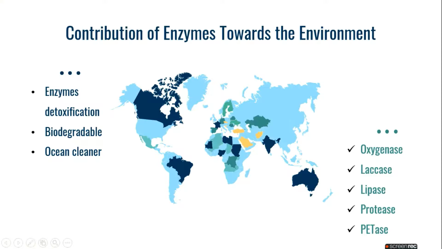Both protease and lipase can act as detergents, which can clean up oil spills in the ocean. Protease can also be used to degrade our daily human and animal waste that includes keratin by converting them into biodegradable substances. Lastly, PETase, also known as a plastic-eating enzyme, is used to depolymerize PET into smaller building blocks such as MHET, with its unusual ability to use PET as its major energy source for growth.